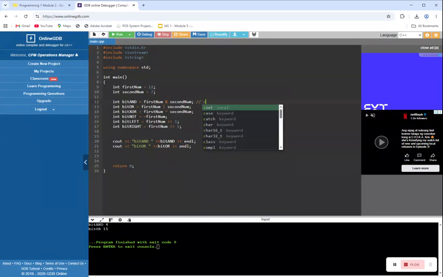Let's assume bitAnd is equal to 4. So in binary that would be 0 1 0 0.